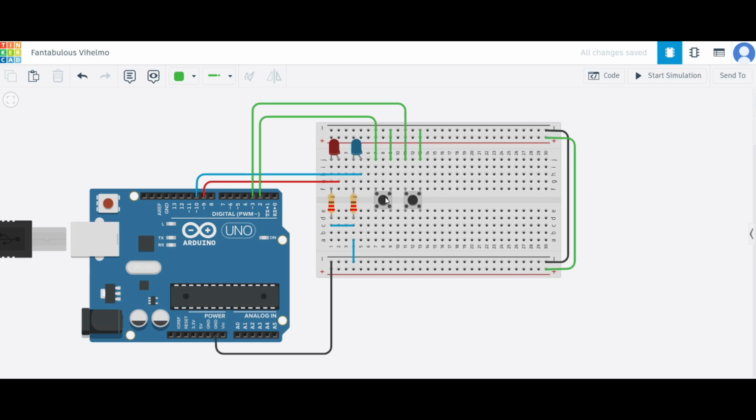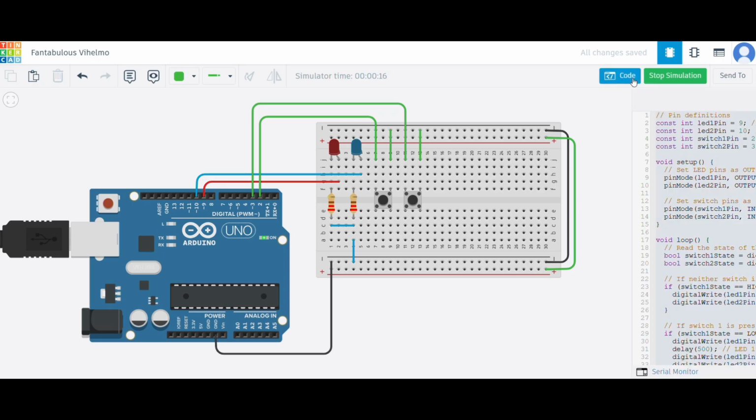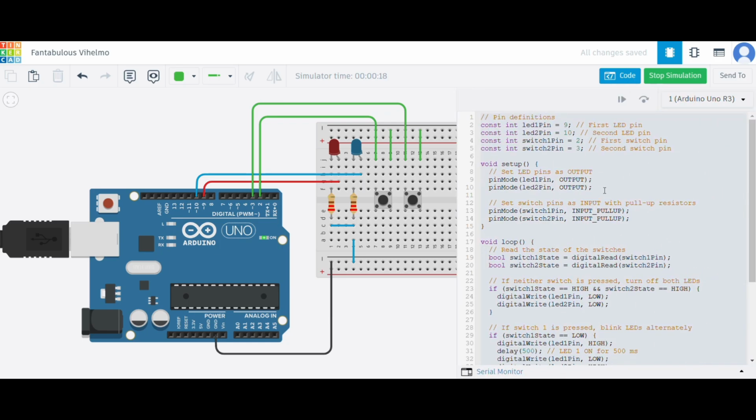After configuring the Arduino, we're going to do a simple task. We're going to create a simple Arduino program and breadboard circuit that will perform the following function. If the switch is not pressed, the 2 LEDs must be turned off. If task switch 1 is being pressed down, the 2 LEDs will blink alternately. If task switch 2 is being pressed down, the 2 LEDs will blink together.